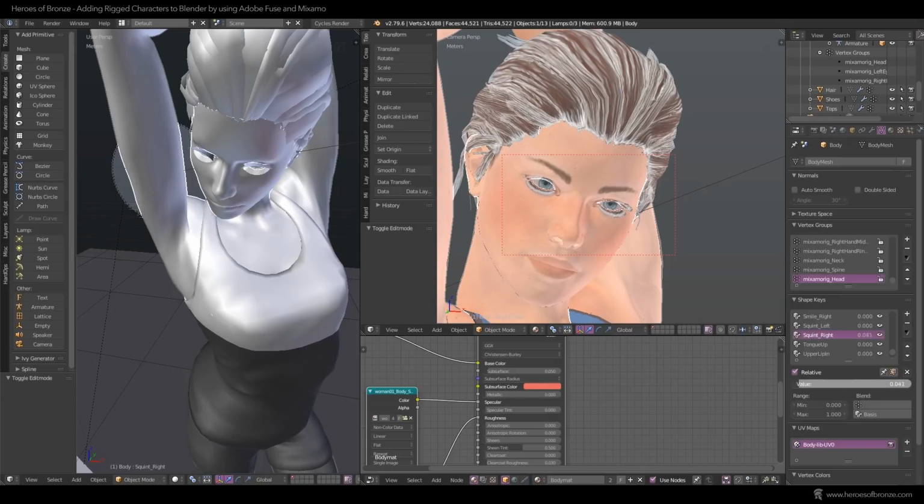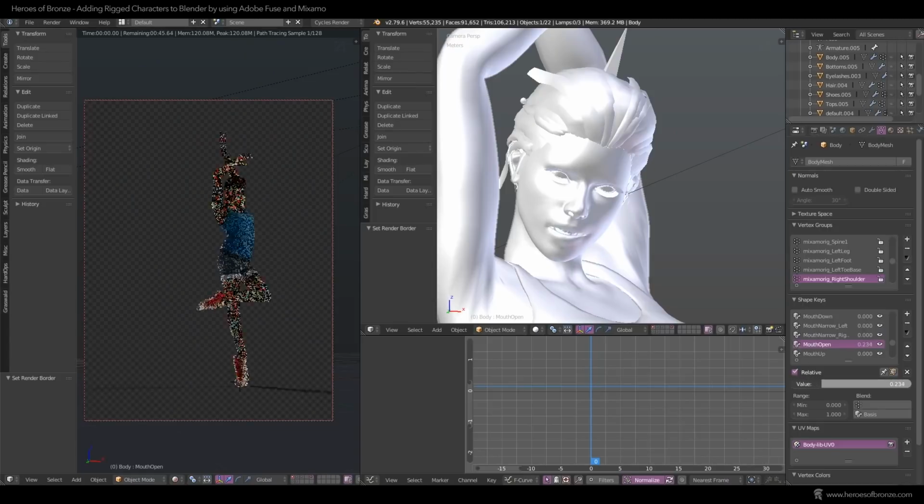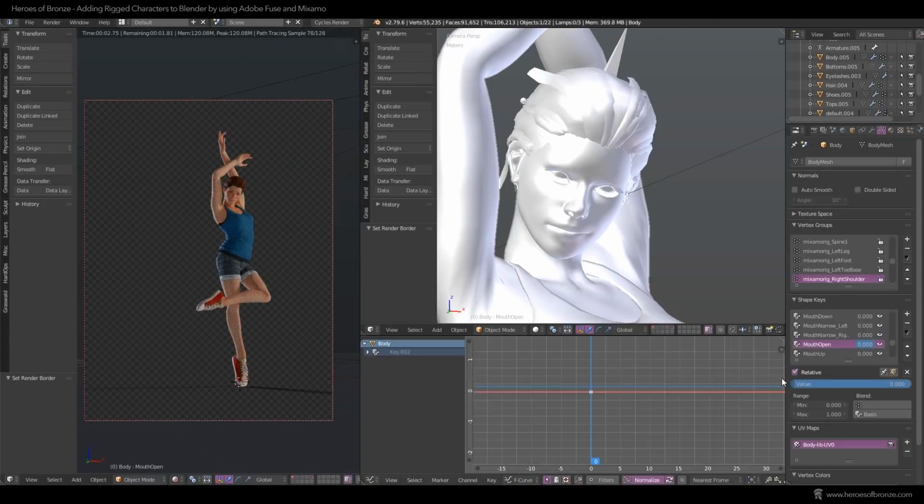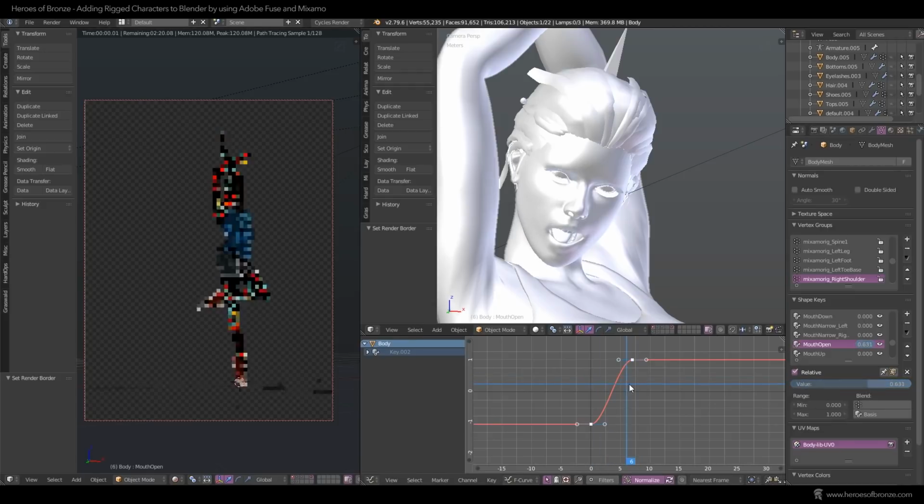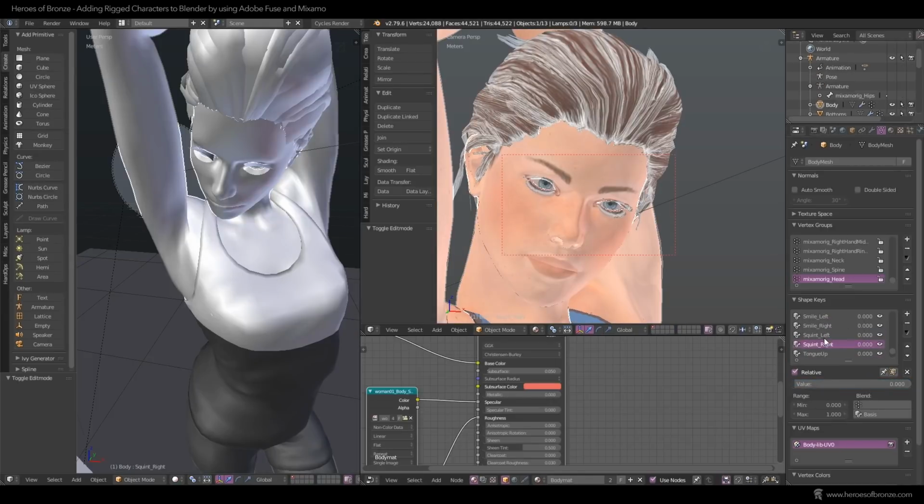This is the fun part of the process, so definitely play with the expressions and even add keys to them by right-clicking and hitting Insert Keyframe. You can then very quickly start animating your facial expressions here. In our case though, let's just slightly raise the left corner of her mouth to make her smile in a